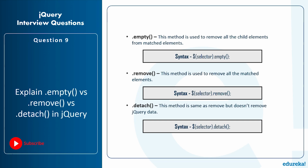Now for the first one, we have the .empty method. This method is used to remove all the child elements from matched elements. Suppose you want to remove any particular element, you will select that particular element and then use this empty method. So what happens here is that you will use the selector and then .empty method. So you can see the syntax as $selector.empty. Here whatever element you have selected will be matched from your document and will be removed